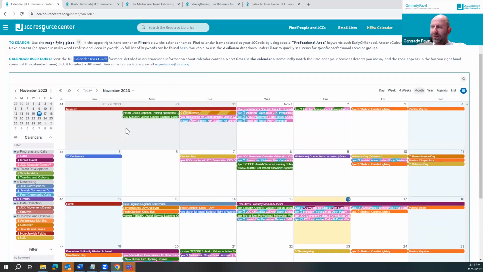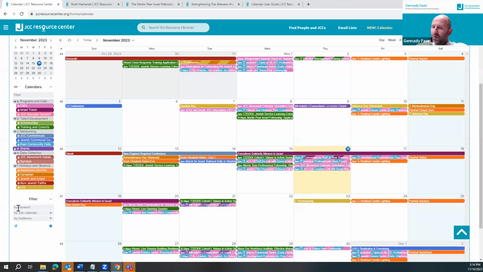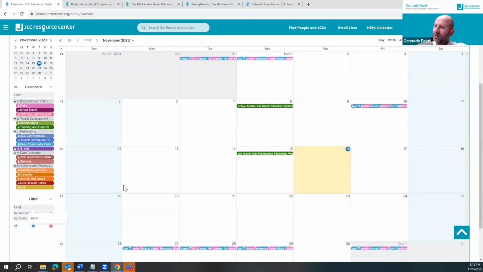If something, let's say, is happening in New York or Israel, it'll have the New York or Israel tag. And we can start typing them here in the keyword section. I'll just start typing early childhood, and right away, just like when you type into Google, it gives you suggestions. It's finding things that have early in them. I'm going to continue typing.